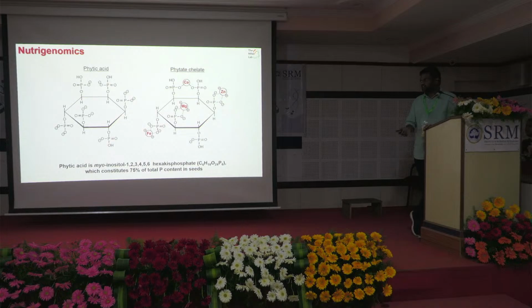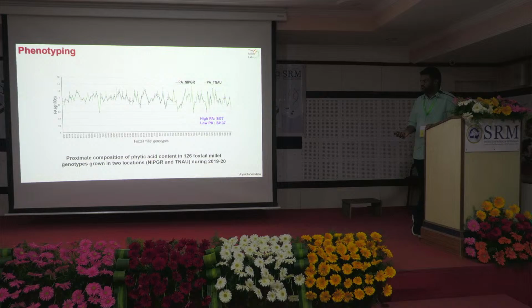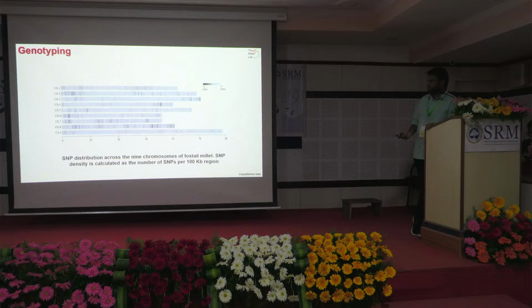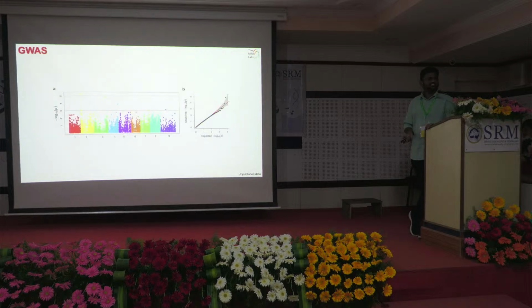So we wanted to identify which are all the genes linked to this phytic acid trait. So we performed GWAS. We cultivated around 126 foxtail millet accessions in 2 locations. Then we performed resequencing, and then we identified the SNP markers. With those SNP markers, we performed GWAS. Then we identified a marker, a SNP, lying on a non-specific serine threonine protein kinase gene that is tightly linked to phytic